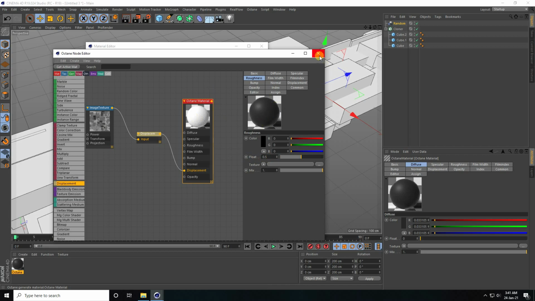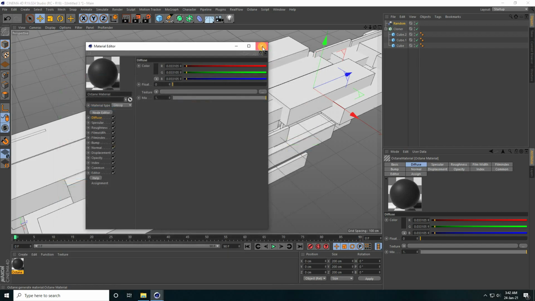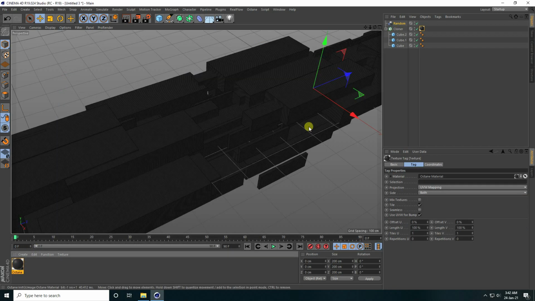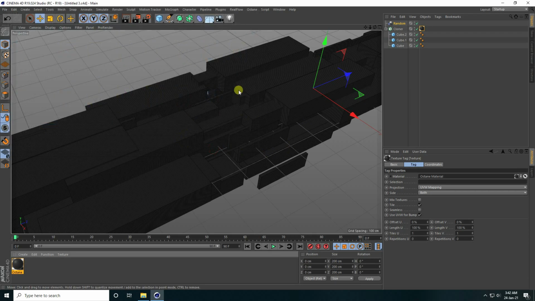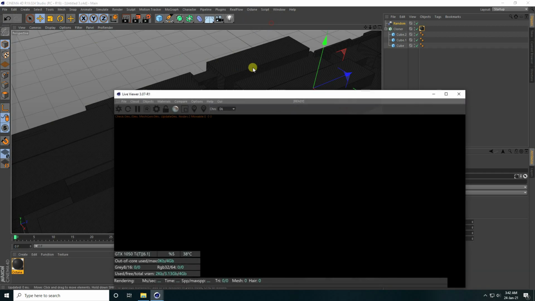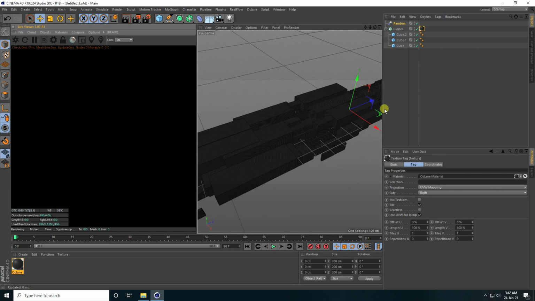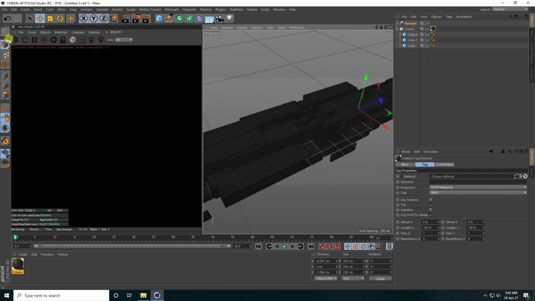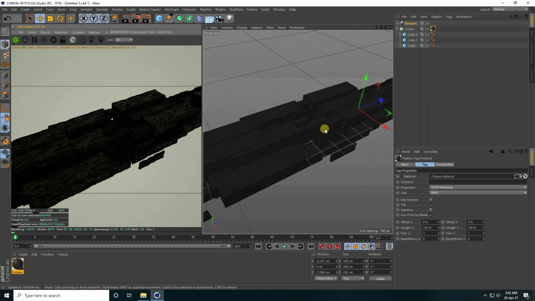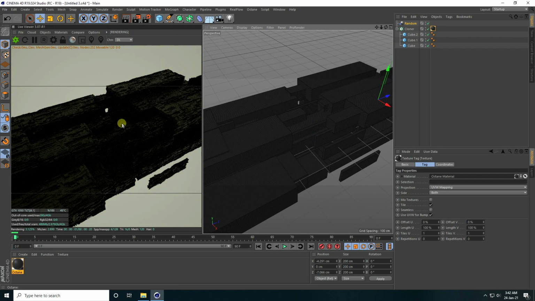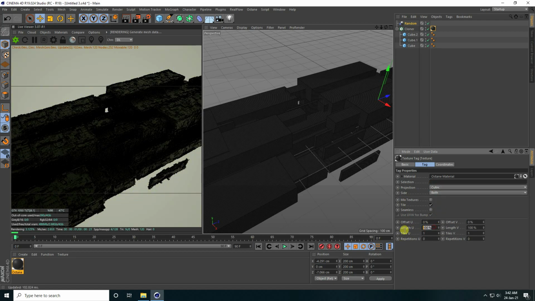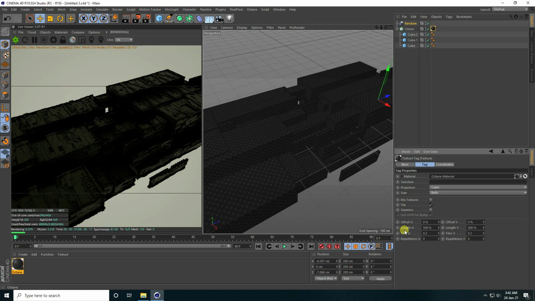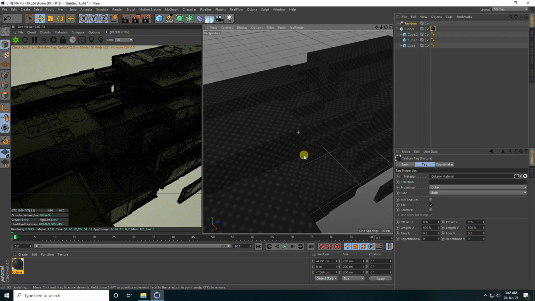See, that's my color. Close it and apply it on the cloner. Now the most important part is to save your project. Go to Octane and use the live viewer window, drag and drop it on the left side, increase the size like this and click here. But see, that's not the correct UV, so select this material and set projection to cubic, and length U I take 500 and length V 500. Much better.